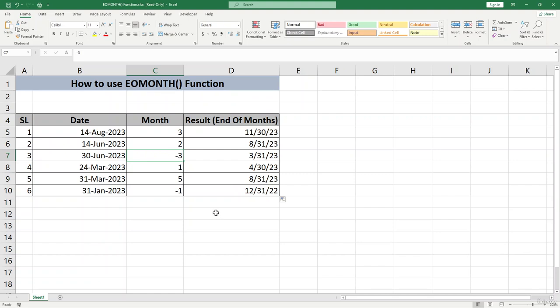Okay, so let's wrap things up. The EOMONTH function is a valuable tool for working with dates in Excel. By mastering this function, you can streamline various tasks and save time on date related